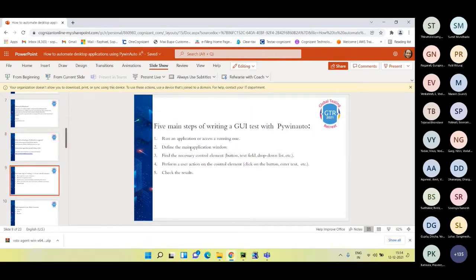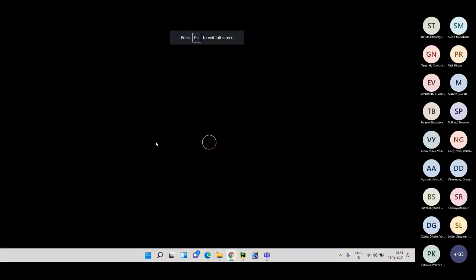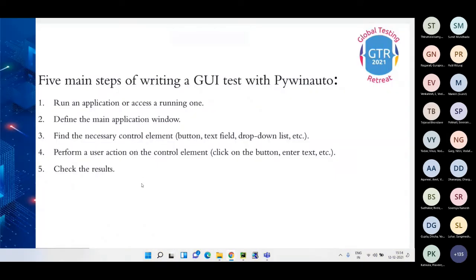Just share the slide once. So if we need to automate a web application or a desktop application, what we first need to do is run the application and connect to it, then define the main application window. In that application there will be multiple control elements.